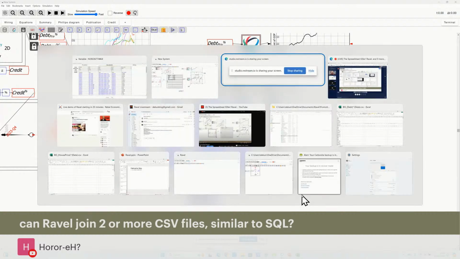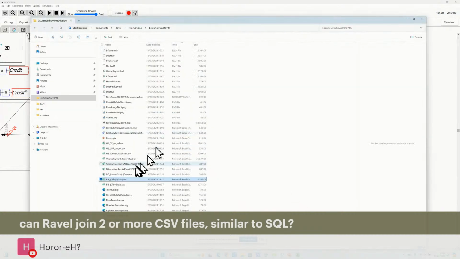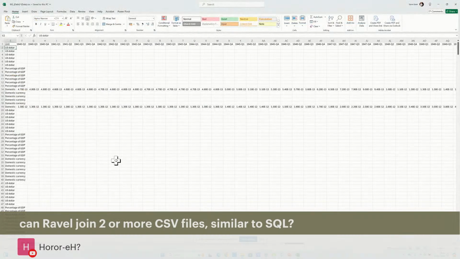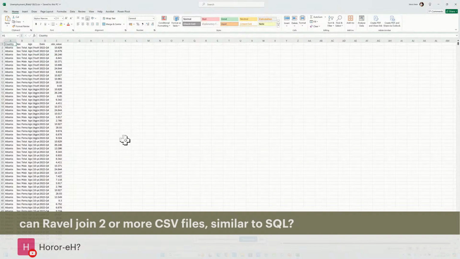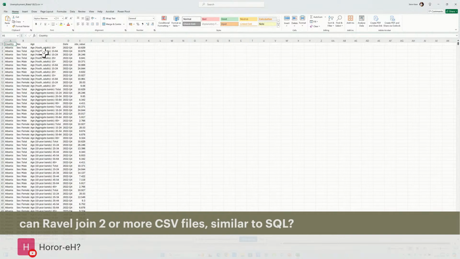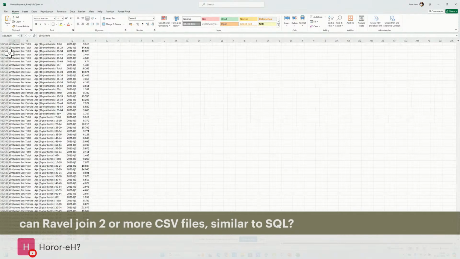And let's just take a look at the data itself to show you what I'm talking about here. Unemployment rate ILO. Load that into Excel. Okay, so what you've got is country. Let's just take a look at the column more carefully. Sex total, sex female, sex male. Age groups, there's a whole lot of age divisions there. So youth, 15, blah, blah, blah. Dates and the observation value. I'll hit the control arrow again. There's 592,000 rows of data there. So that gives you an idea of the scale